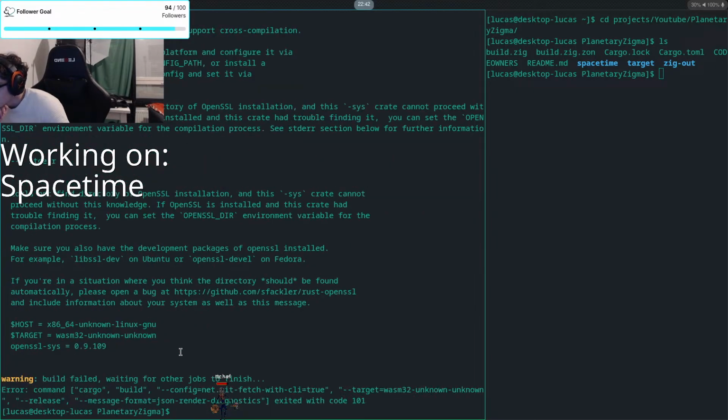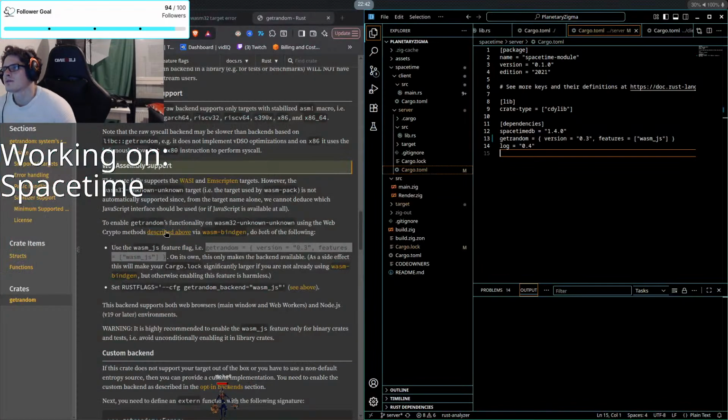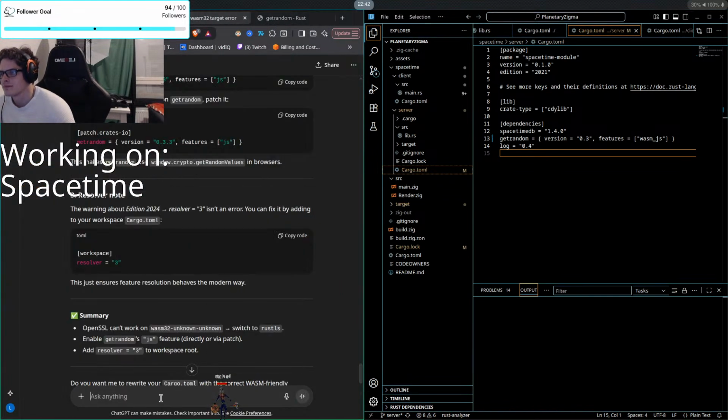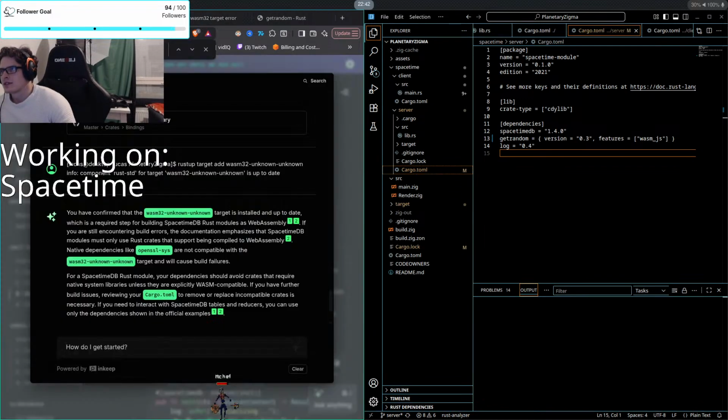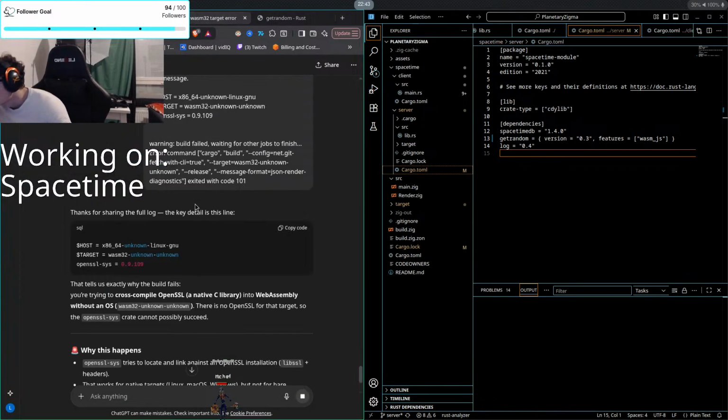Config. Why would it? Oh my god. Why does Rust do this to me? Rust is not being kind. It never was. This was exactly the build failure: cross compiling OpenSSL, a native C library, to the web without an OS.